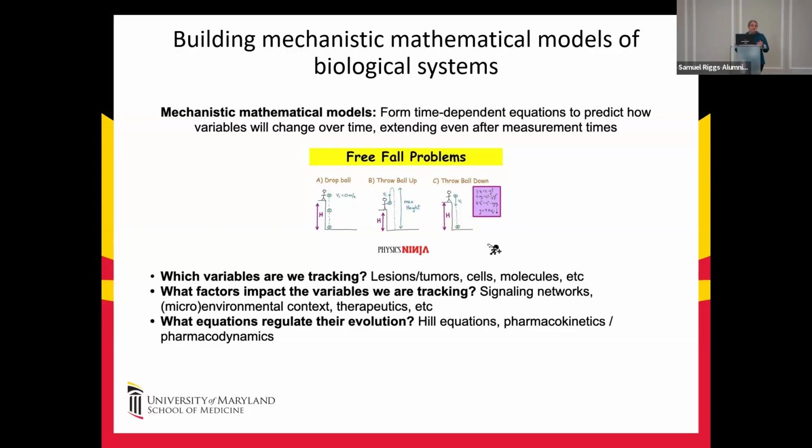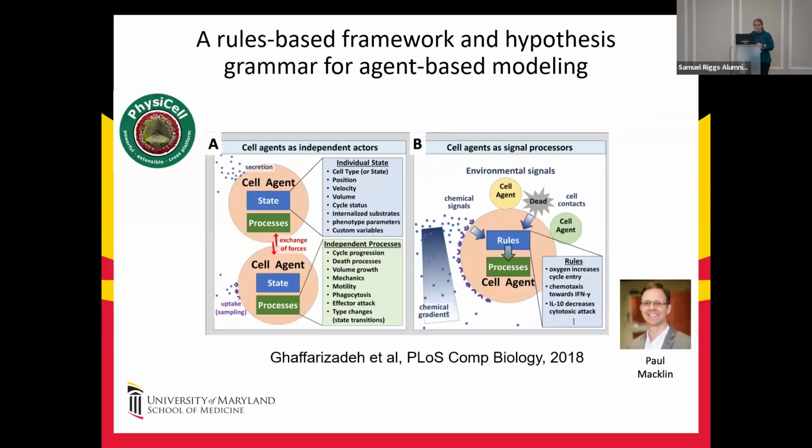So this historically has been a very labor-intensive process, and part of why this hasn't been done as much is because each new set of equations requires custom code to adopt. So I had a grad student come in to start getting fibroblast biology, and that was his entire PhD project, building out the equations to extend the model for fibroblasts. So it doesn't really scale very well in most contexts. We were very lucky to start a collaboration with Paul Macklin, who's developed an agent-based modeling software called PhysiCell that does enable this to go a lot more at